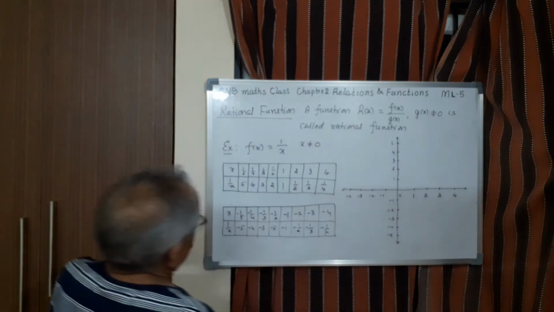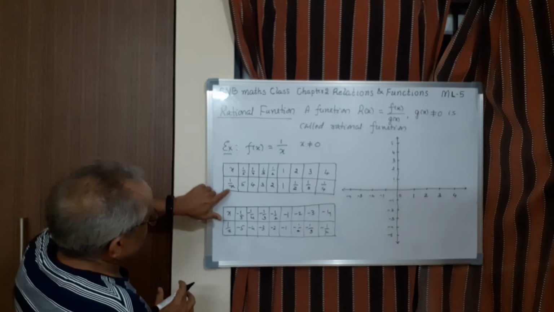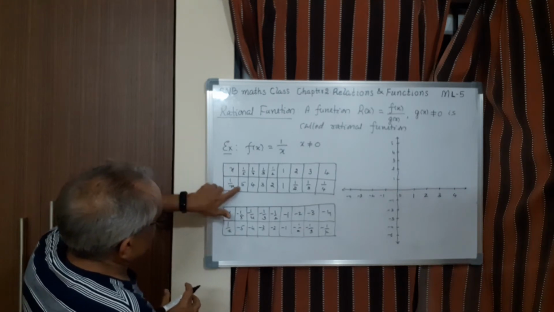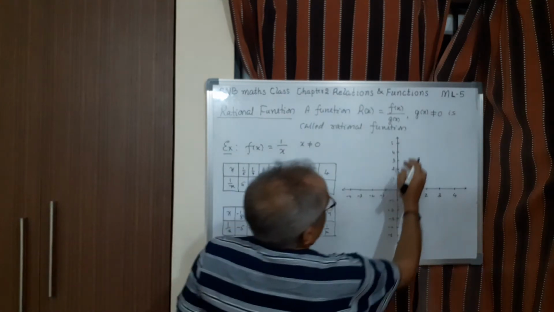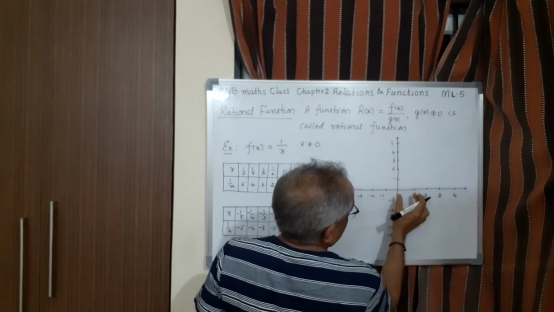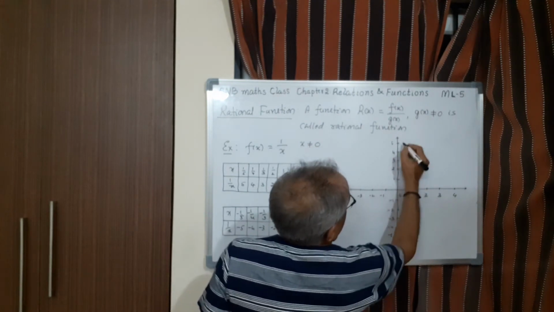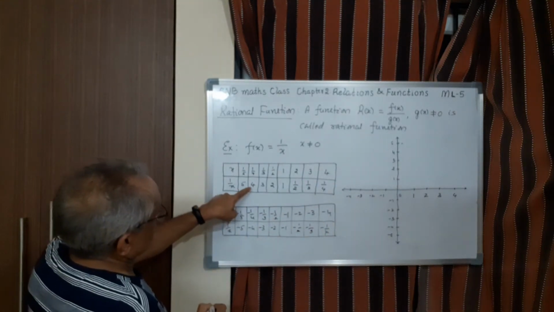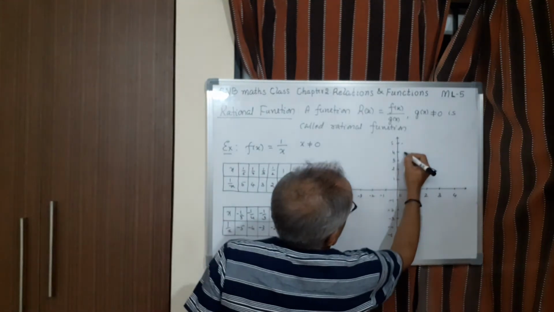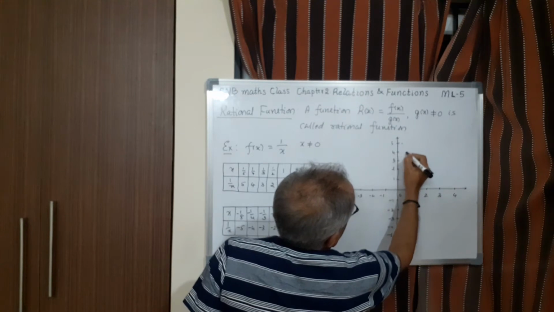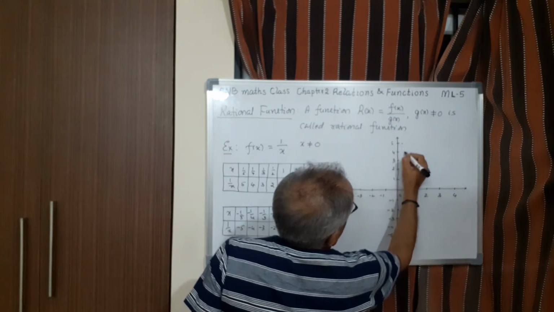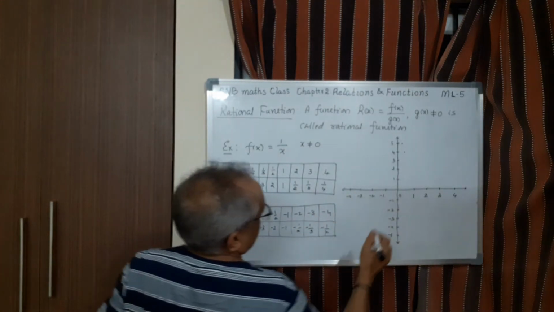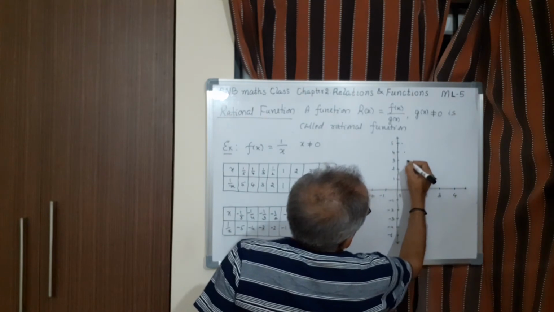Now we have to plot the point. See, when it is 5, that is y value is 5, it is 1 by 5. So when this is 5, this is 1 by 5 means 1/5 of this one. So somewhere here. Then when it is 4, it is 1 by 4. So when y is 4, it is 1 by 4. It is something more than this one. So like this. Similarly, 3 it is 1 by 3.